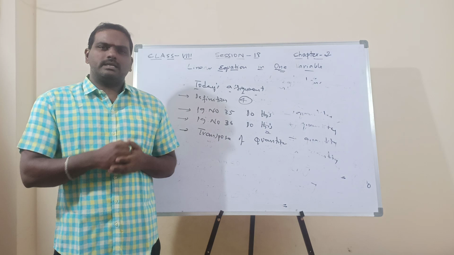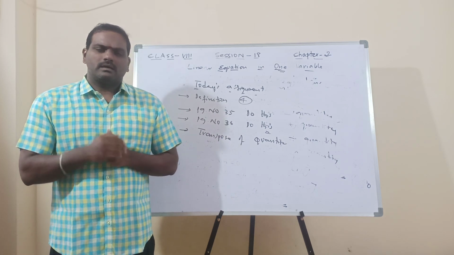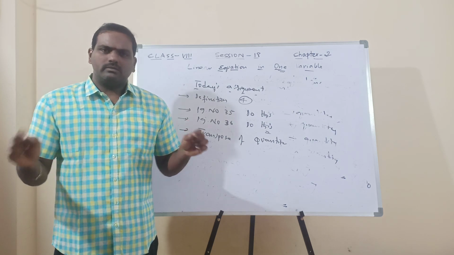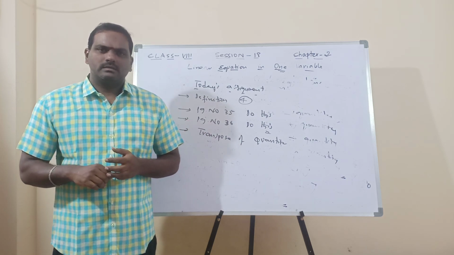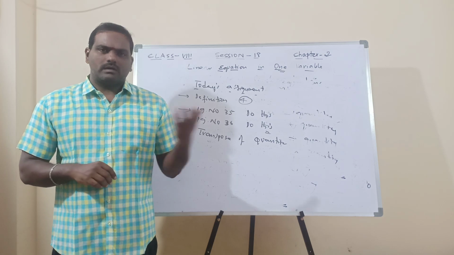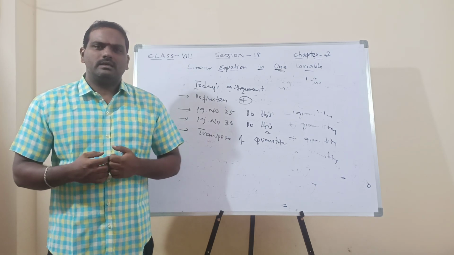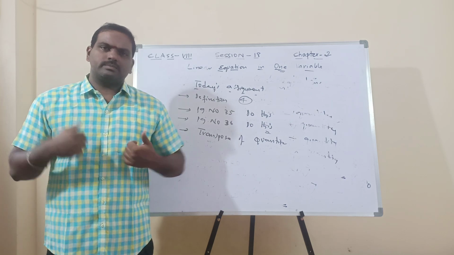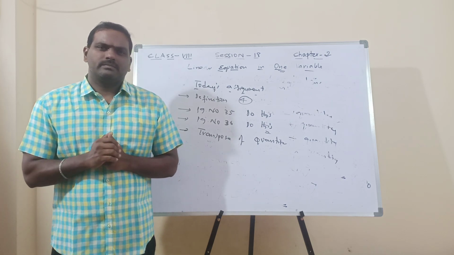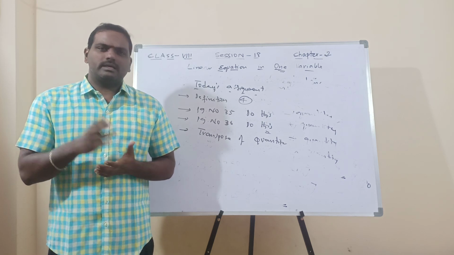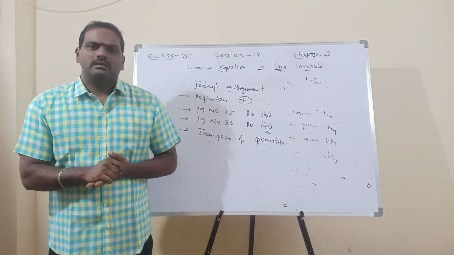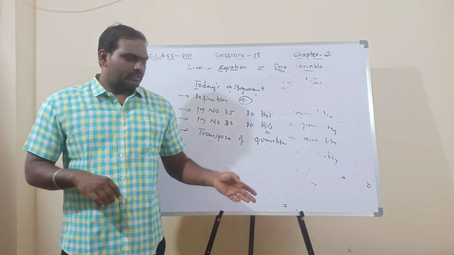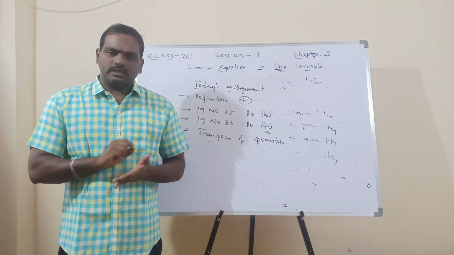If you follow the classes regularly, you will automatically understand. Can't you understand the number line? It is a very simple topic. Can't you understand how to insert rational numbers? Of course, the last question, the cost of some milk, may be tough, but that is also easy. Simply saying I don't know the answers for all, explain to me, sir, what do I have to explain? First, listen to the class carefully, then you will automatically get all the answers. Don't send me that type of pictures, copying all the questions.